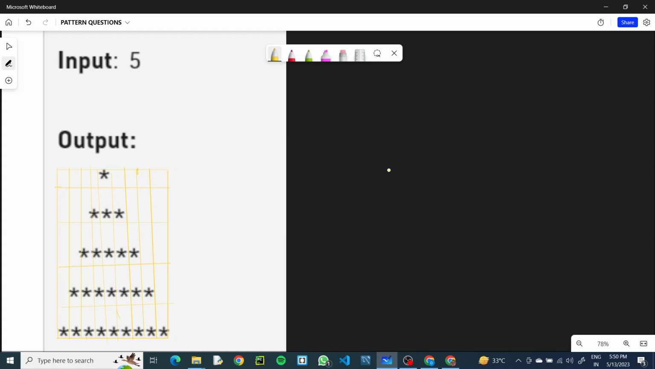In this video we are going to see the solution of the following problem, that is pattern 7 of the Striver A2Z DSA sheet, and we are going to solve this problem in Python. As we can see on the left of the screen, the problem statement is: given the input of 5, we have to write a program that prints the following pattern. So coming to our problem,